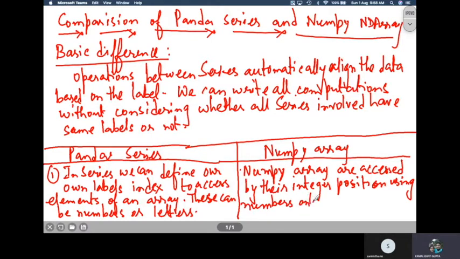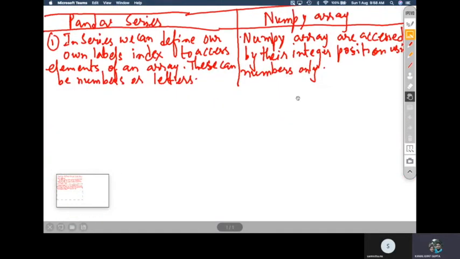So this is the first point of difference: you can label names in a Pandas series, whereas in NumPy no such naming is there. You have to access the elements using the numeric index. Numeric index is starting from 0 to n-1.